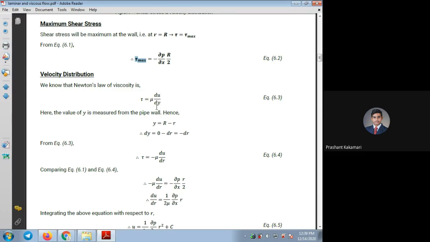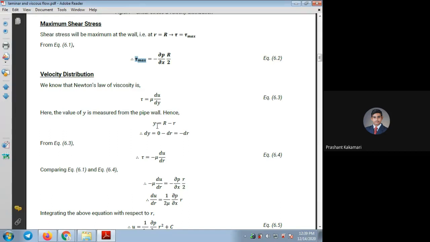Here, as you already know, mu is the dynamic viscosity, u is the velocity of flow, and y is the distance from the center. It is the pipe, or the plates, distance between the plates. Consider y, the value y is measured from the pipe wall. The wall to wall distance can be measured as y. Okay, so if you consider a small distance dy,